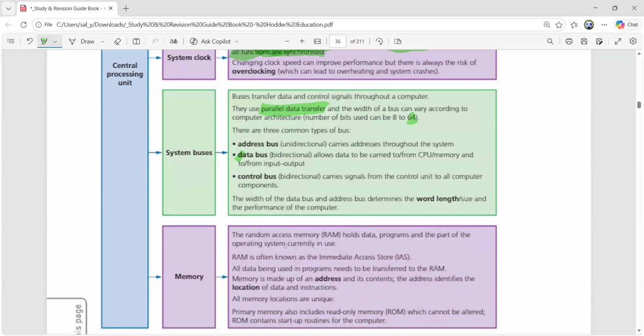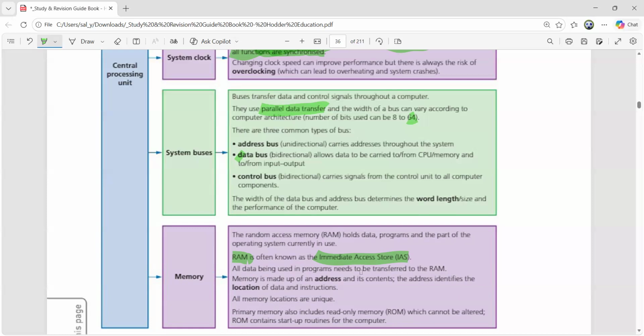So RAM, by the way, another word for RAM is IAS. If they use the word IAS, do not get confused. IAS is an alternate for the word RAM. So either we say RAM or if they write IAS, they mean the same, because RAM is accessed immediately. Whatever is held in RAM is the primary memory. And even with us humans, if we have certain things in the copy, when we are preparing for the exam, all the material in the book or the copy is taken in the memory. And then you go for the examination. Similarly, the same case goes here.